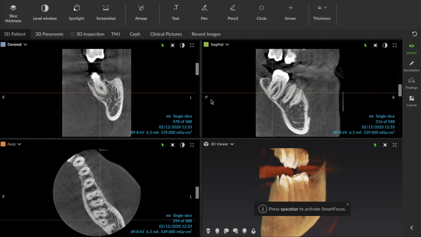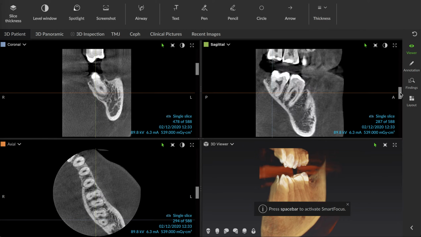Here's another case for you. This is a patient who presented with some discomfort on what she thought was number 19. So we grabbed a high resolution, smaller volume CBCT. The 5x5, I think, was the segmentation on the highest resolution we could get to try to evaluate what was